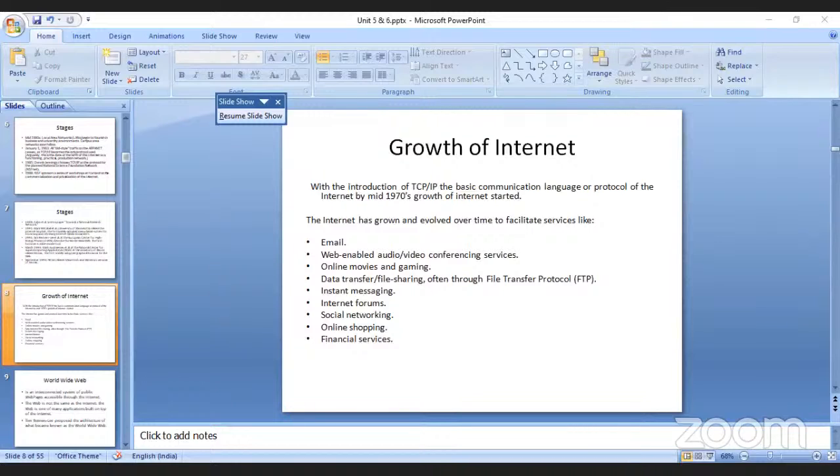Web browsers receive HTML documents from a web server or from local storage and render the documents into multimedia web pages. So the browsers receive the HTML documents from a server or a local storage, and in turn, these documents are rendered into multimedia web pages, and these web pages will be seen by us.